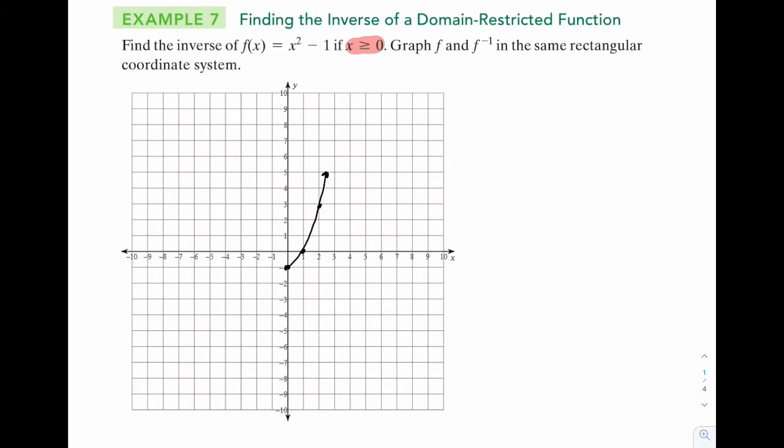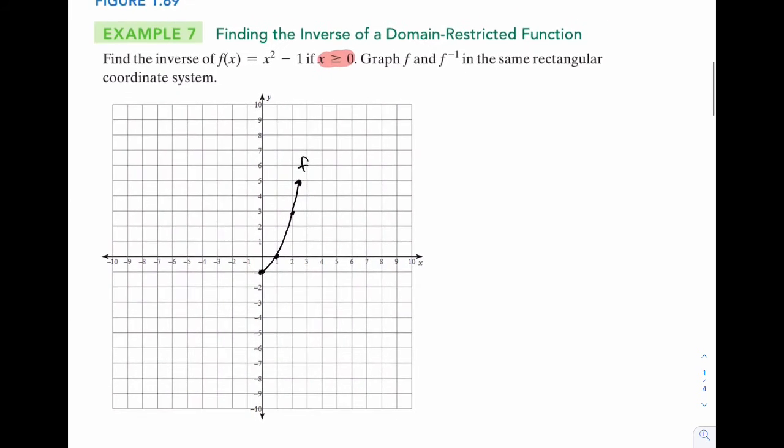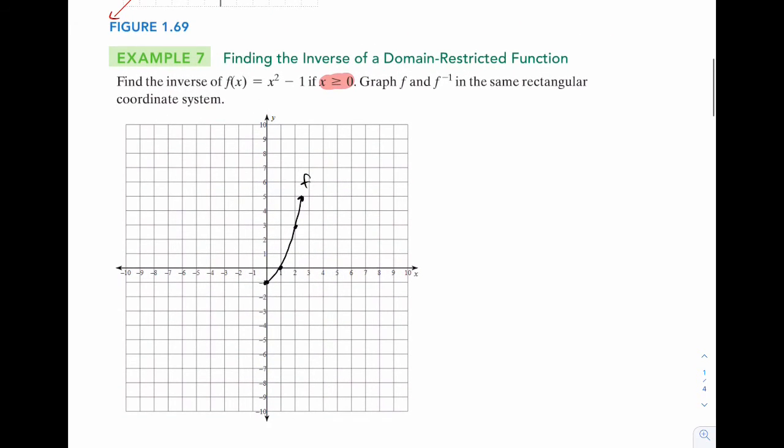So here's a parabola, and then we have right here. If I told you to find the inverse of this function, this would be impossible because it fails the horizontal line test, which is why there's this thing right here. So I'm actually going to erase this half. So here's my original function right there, that is f. Now the inverse,